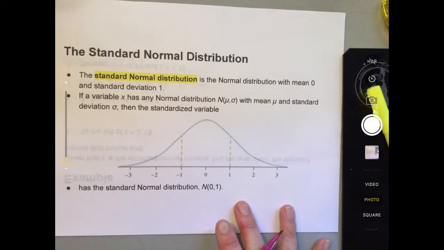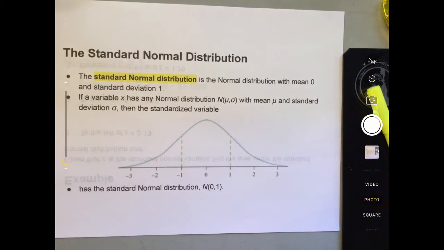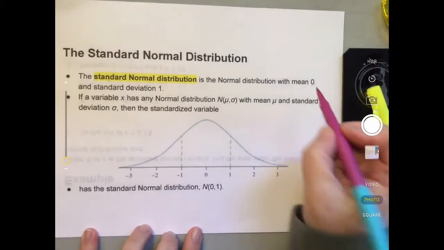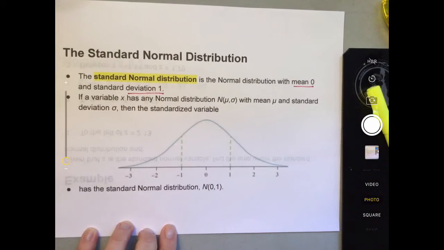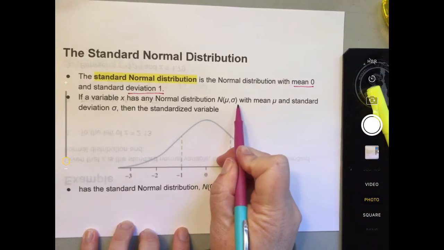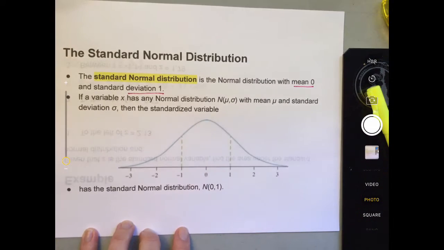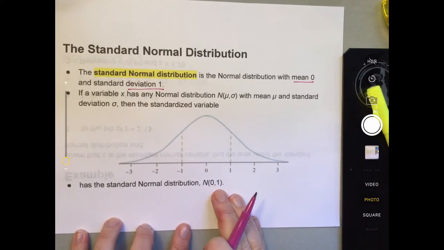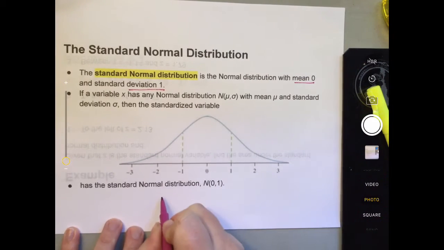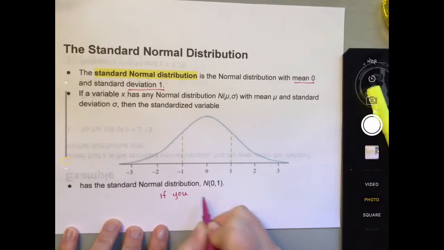Okay, the standard normal distribution. This is going to be the z-score chart we're going to be using for the rest of the year. But the standard normal distribution has a mean of 0 and a standard deviation of 1. If a variable x has a normal distribution, mu, comma, sigma, with mean mu and standard deviation sigma, then the standardized variable has the normal distribution of 0, 1. That means if you convert